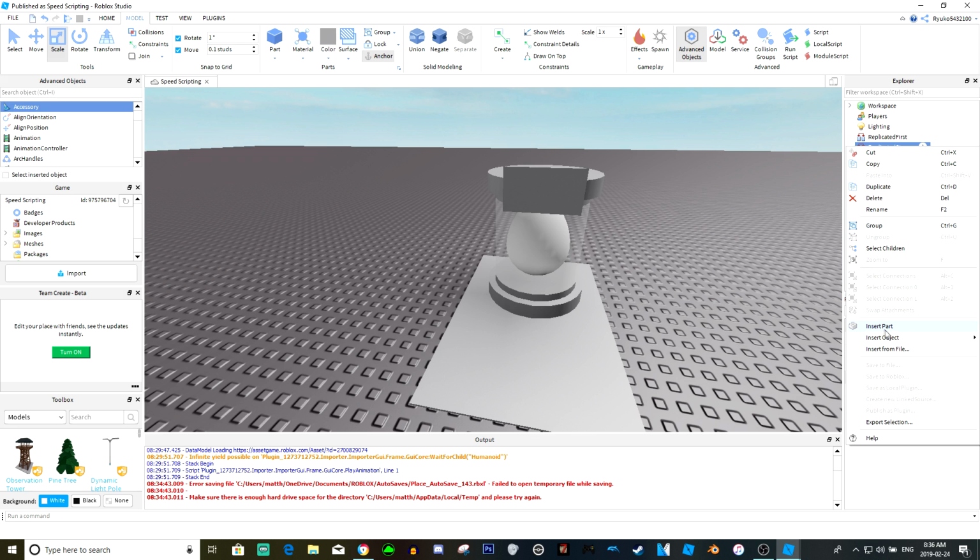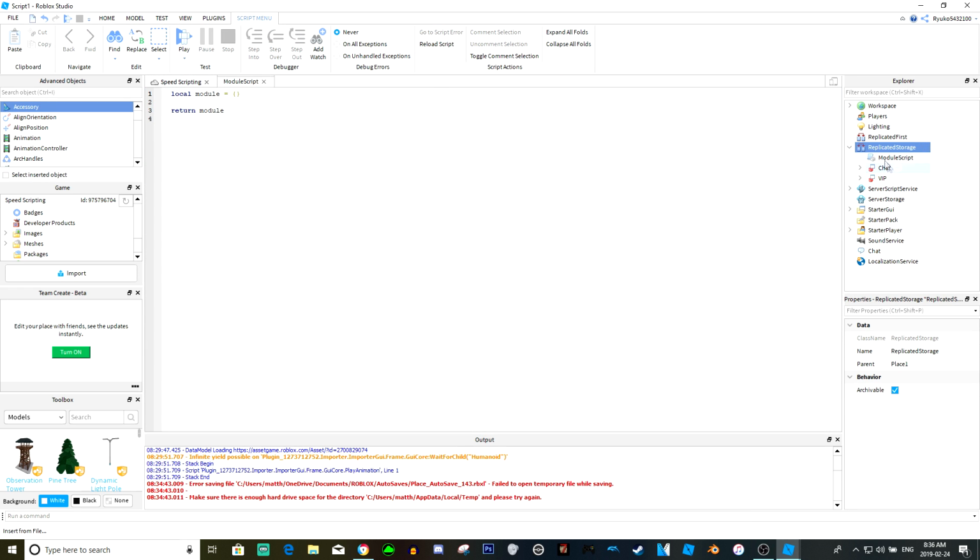For now, let's actually make a module script and title this eggs. So in this module script, what we're going to do is we're going to have a table of all our eggs, and then we're going to put, like, it's basically going to be tables inside tables. You'll see. So for the first one, we'll just do